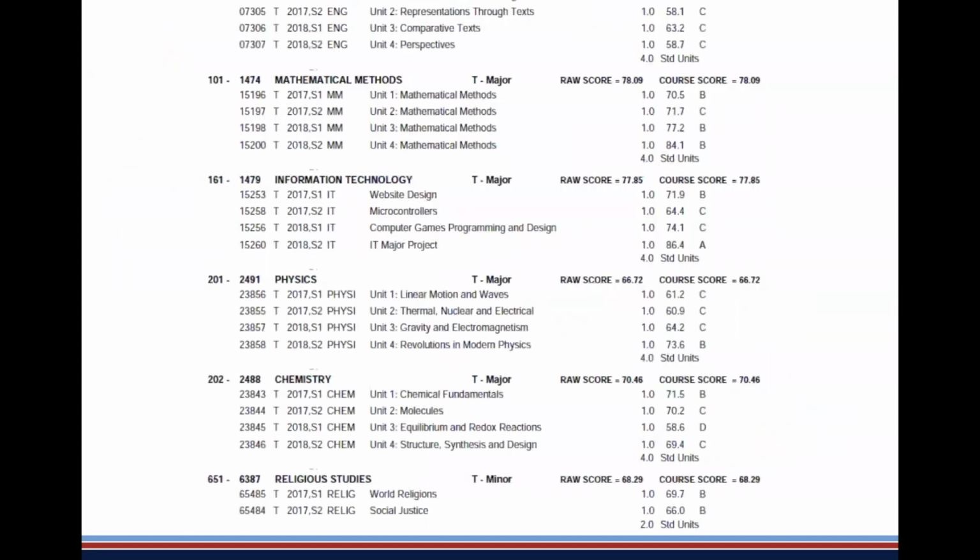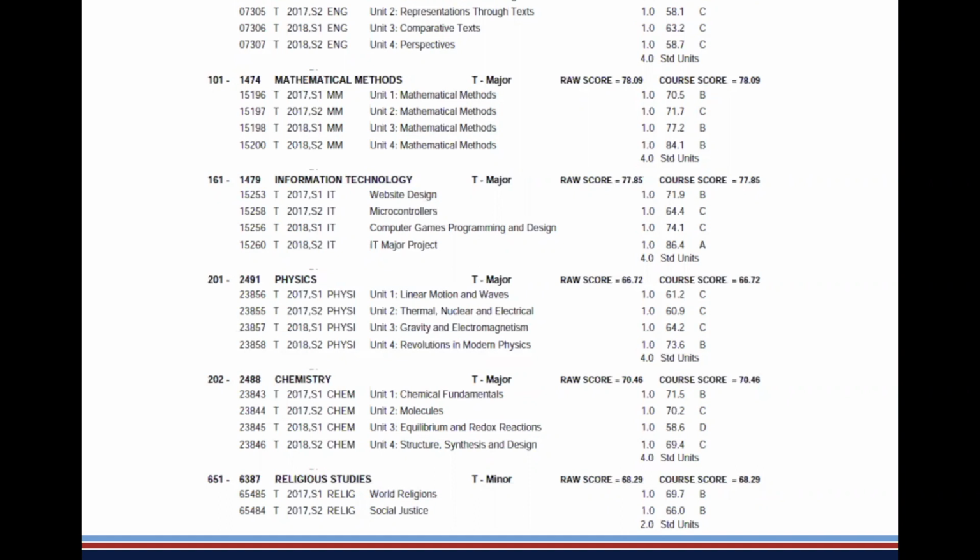At the end, you'll get an academic record that looks something like that. It'll have groups of 4s. It'll have your individual scores on the units. It'll have your grades, and it'll have this course score, which will take that 1.6, 2.8, etc. into consideration. We don't choose that. You don't choose that. It just calculates. I tried to pick a run-of-the-mill example of someone who's got a nice tidy package. Generally speaking,